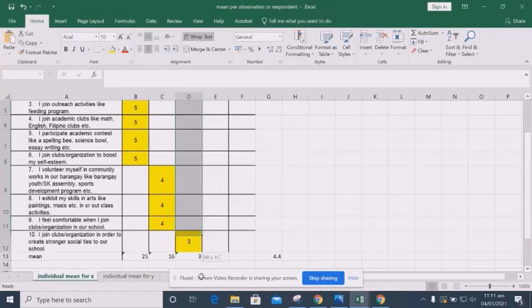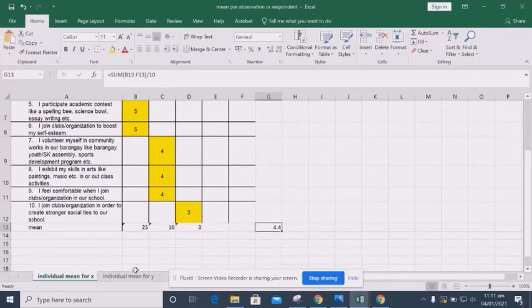So, auto sum lang na yan lahat. Okay. Auto sum, then the answer is 3. Now, for the mean, just going to divide auto sum, then divide 10 kasi 10 yung indicator. Now, the answer is 4.4. So, this is now the mean for the x. Okay. For the y,